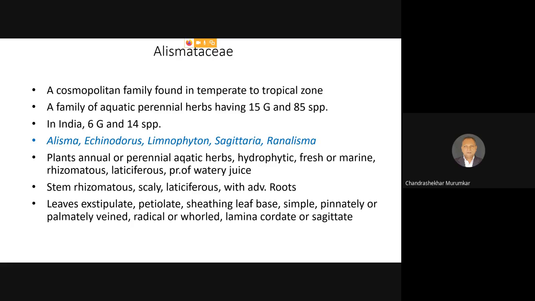So as far as the Alismataceae is concerned, now remember, the Alismataceae is the previous name. Now the name genera of this family is Alisma. And because of that, recently, if you follow the recent research articles, you will find the name Alismataceae, not Mataceae. So we have to identify both these names together. Either it may be Alismataceae as I have written, or the new name which has come up, particularly the name which has been introduced in the APG 3 classification. So the classification which is coming in the 21st century, in that this family is pronounced as the Alismaceae family.